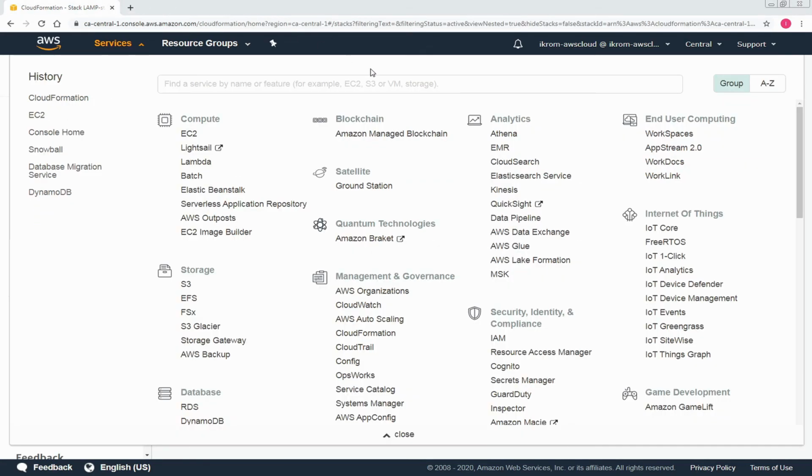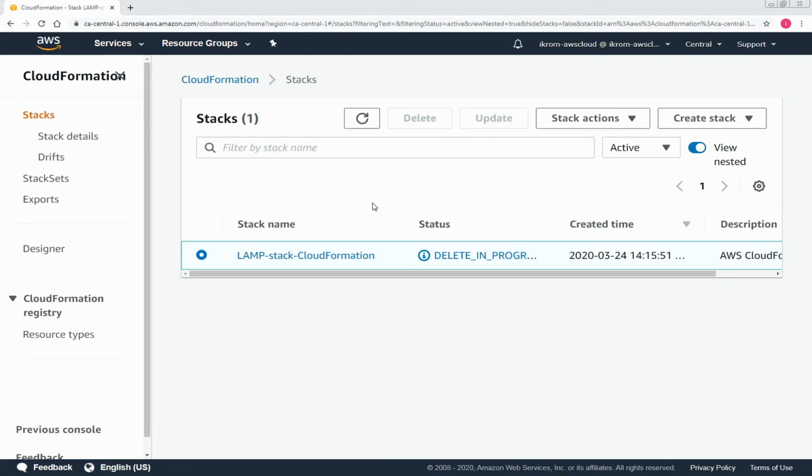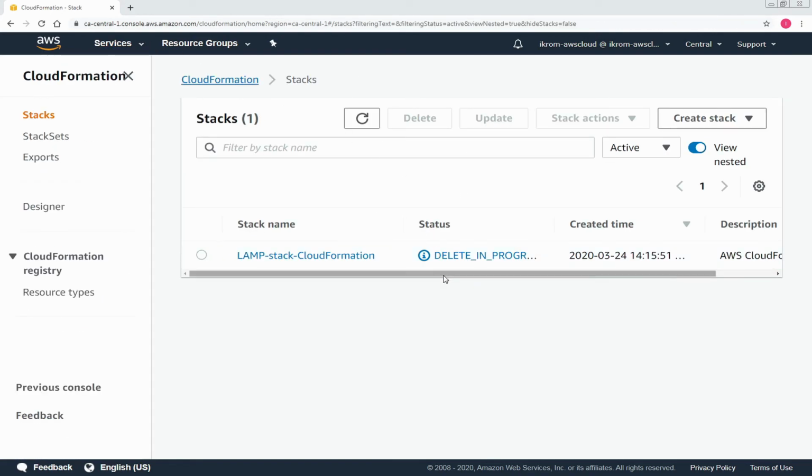All right. So basically that's it. And delete is in progress. It might take maybe a couple of minutes, but definitely it will delete this stack without any